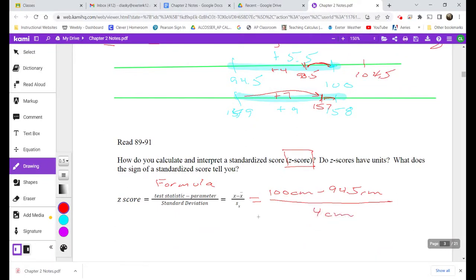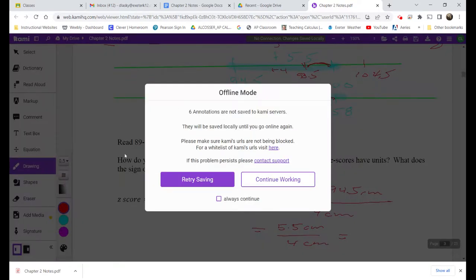So then we get 5.5 centimeters over 4 centimeters for z. If we stick that into a calculator real quick, 5.5 divided by 4 equals